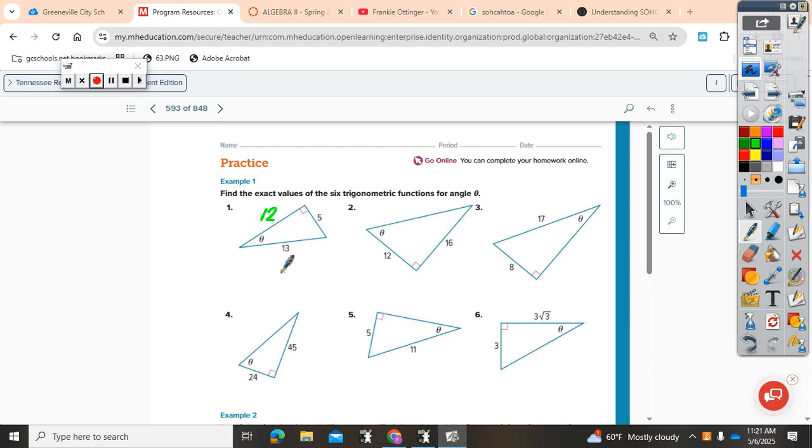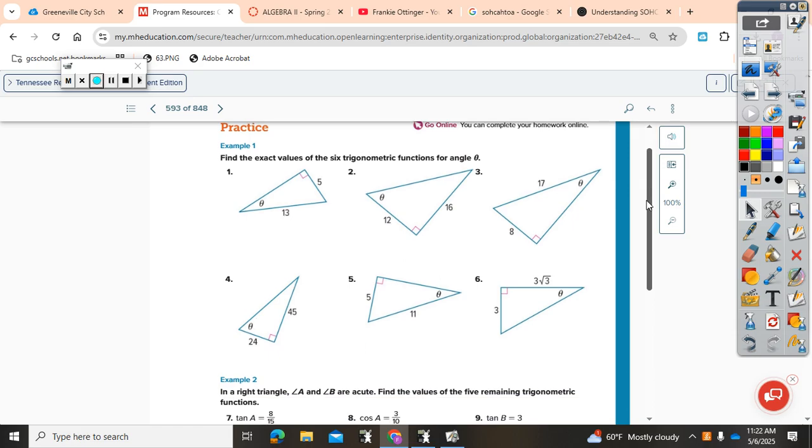So sine, again, this is where we're looking from. Sine theta is the opposite side divided by the hypotenuse. Cosine theta is the adjacent side over the hypotenuse, 12 over 13, and tangent theta is the opposite over adjacent. So that is 5 over 12. So that's number 1. Now the harder example that I'm going to do